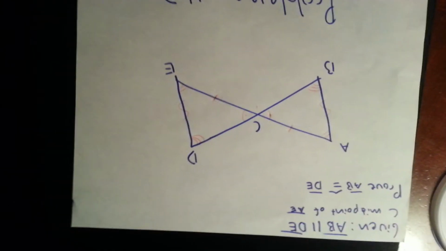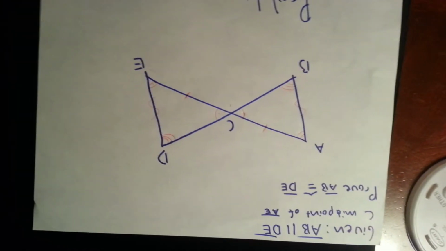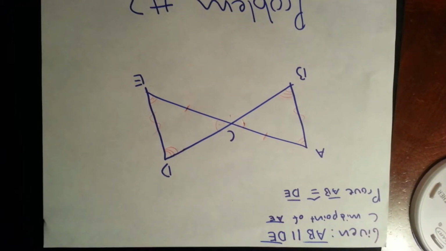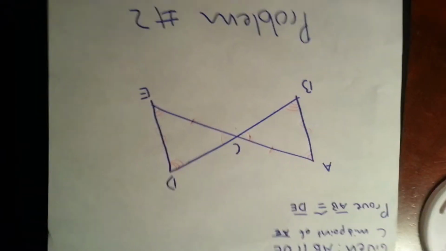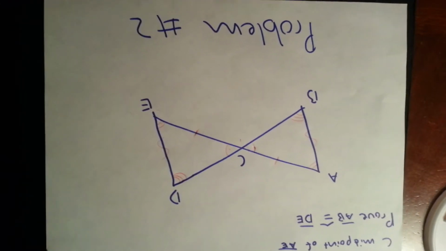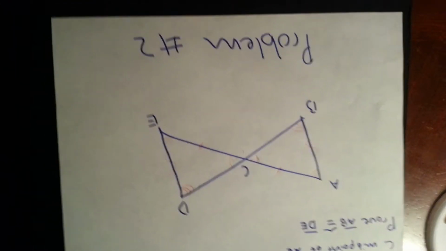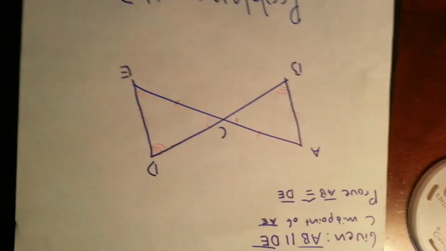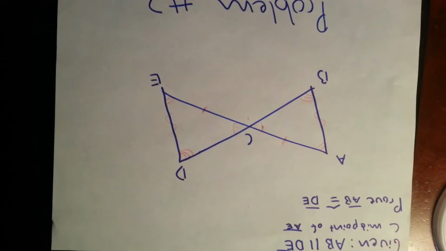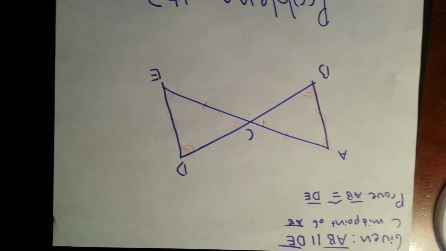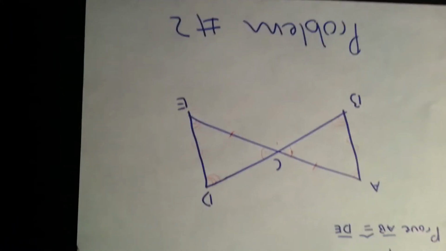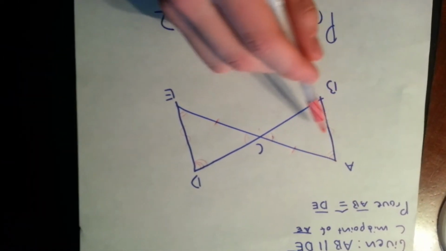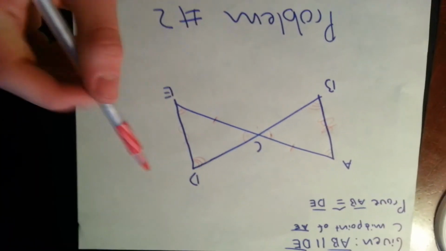Okay, but that's not what we're trying to prove. What we're trying to prove is AB is congruent to DE. And to prove that, we need CPCTC, or, I'm sorry, corresponding parts of congruent triangles are congruent. There we go. So what that means is, since we're trying to prove AB right here is congruent to